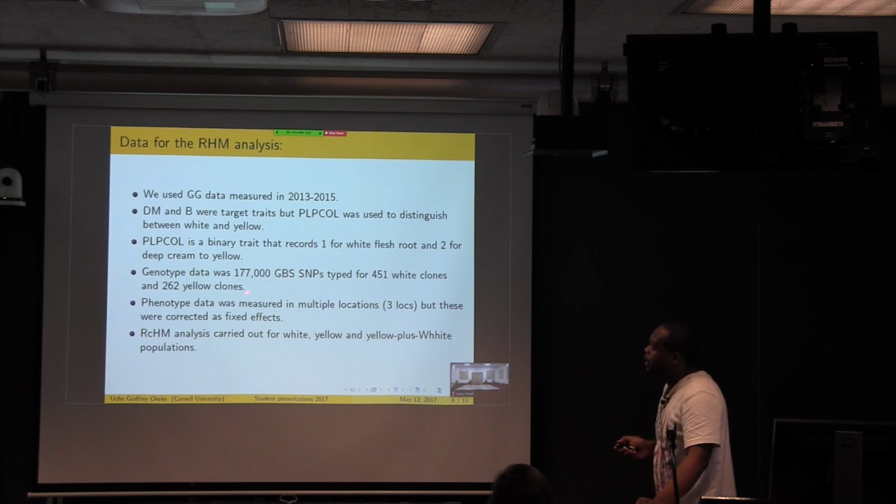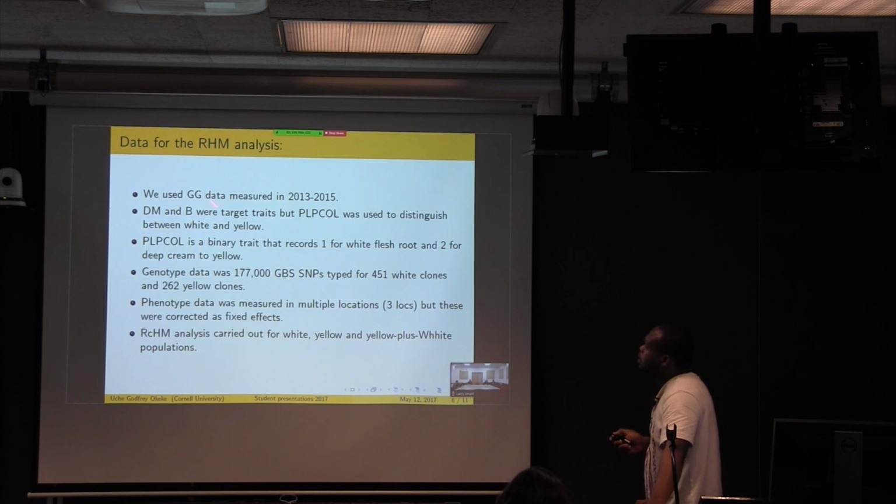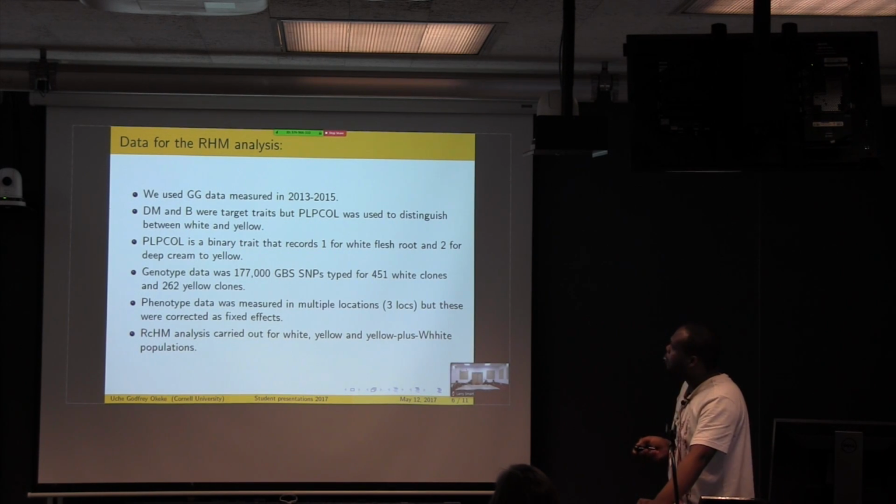So the data for the analysis was majorly genetic gain population. Genetic gain is a breeding population from the IITA, and it has been bred since the 70s. So we use only data collected in 2 years. We use the dry matter and the B trait, as I said previously, but we have a second trait,